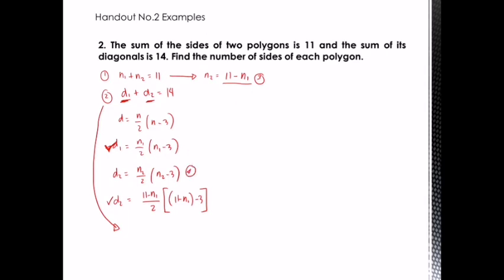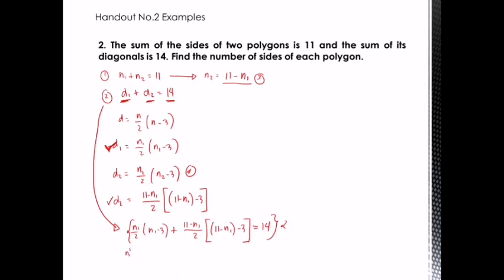So from equation 2, your D1 is N1 over 2 times N1 minus 3, plus your D2 is 11 minus N1 over 2 times 11 minus N1 minus 3. Then equate that to 14. And then from here, you simply have to simplify. You multiply the whole equation by 2 so that the 2 cancels out. So you have now